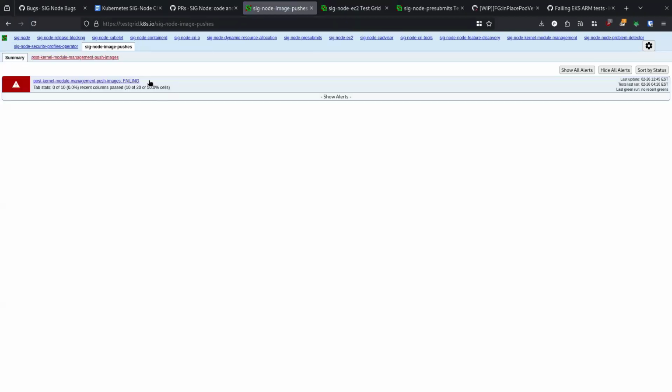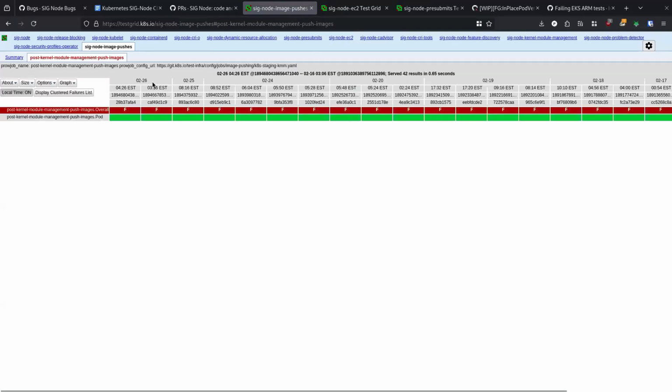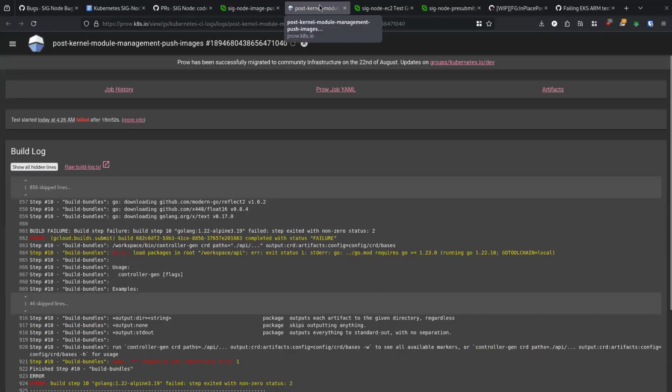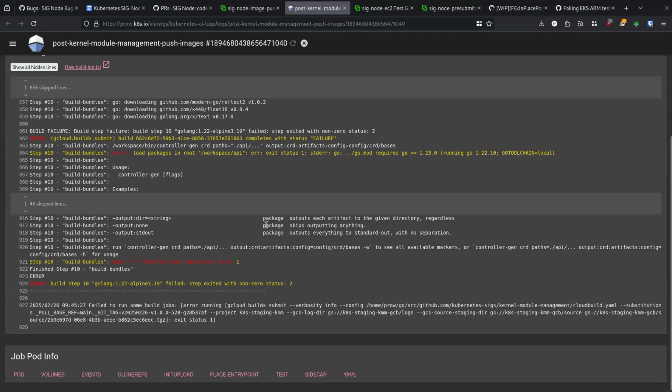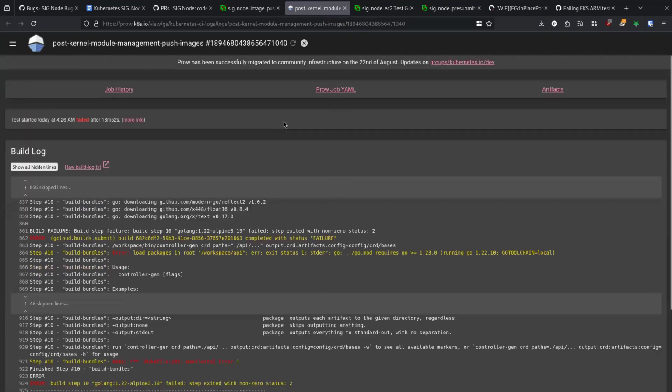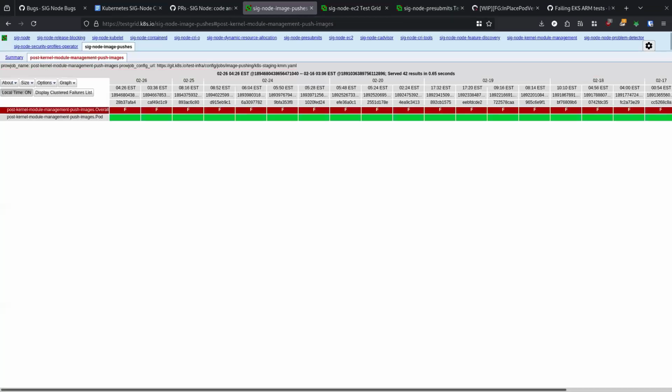I don't even know what this one is. I think it is a SIG Node sponsored side project. Totally, I will also open an issue for this.